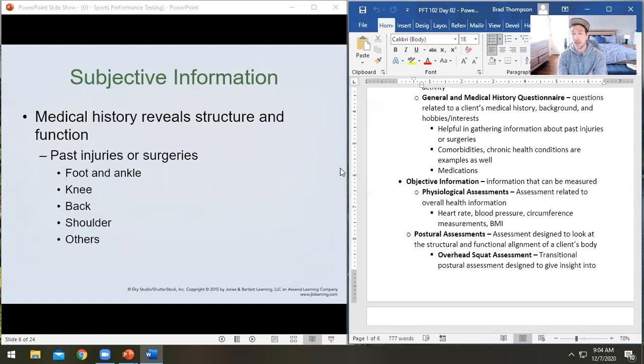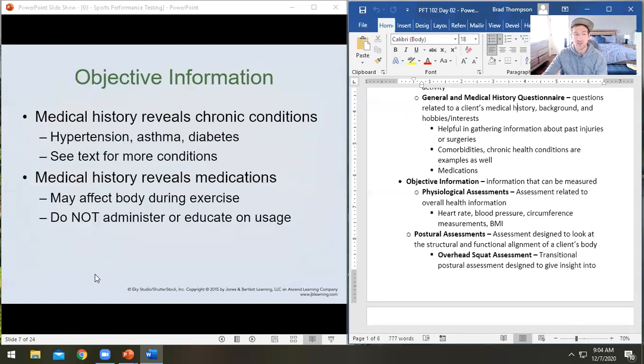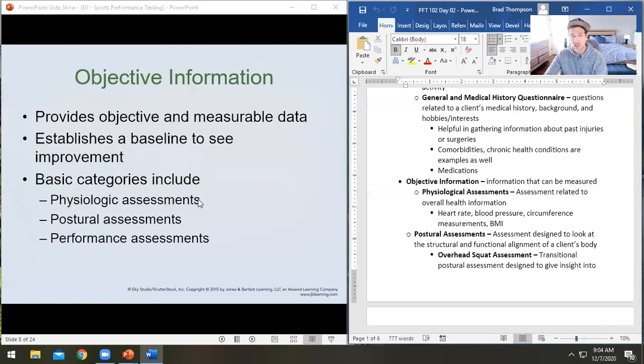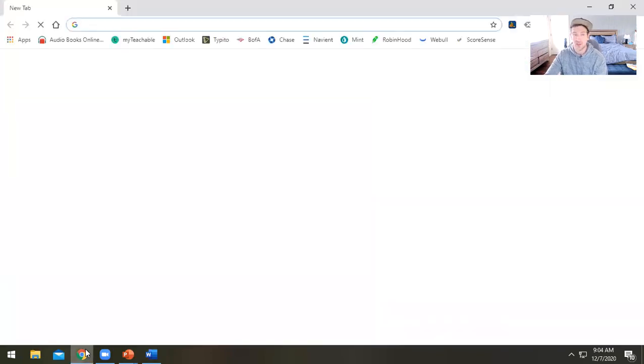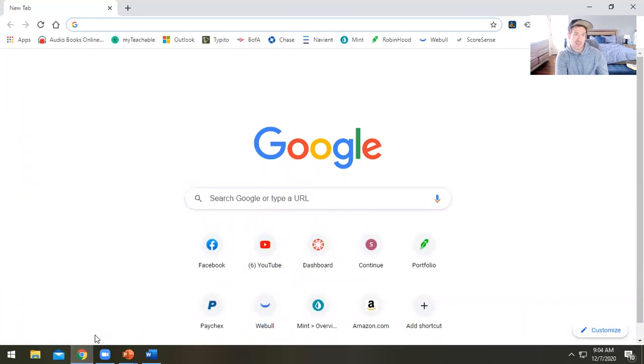It's also going to tell you about any comorbidities that they might have. If they say they have hypertension or asthma or anything like that, we're going to learn a little bit about that, and then any medications that they're on. If they are on any medications, we're going to check that list and see what any of the possible effects are. I don't think you necessarily have to have every one of these medications memorized. But